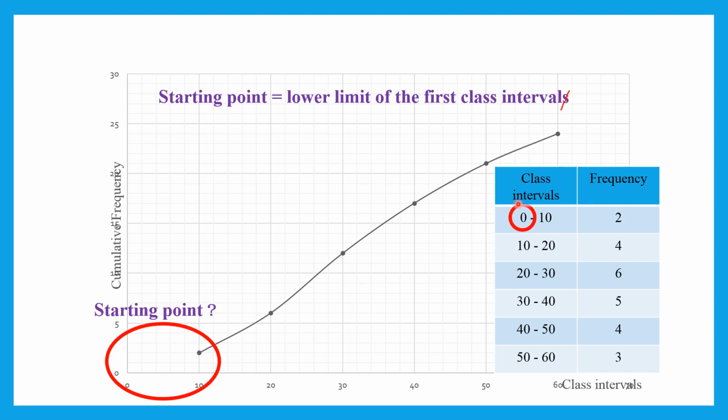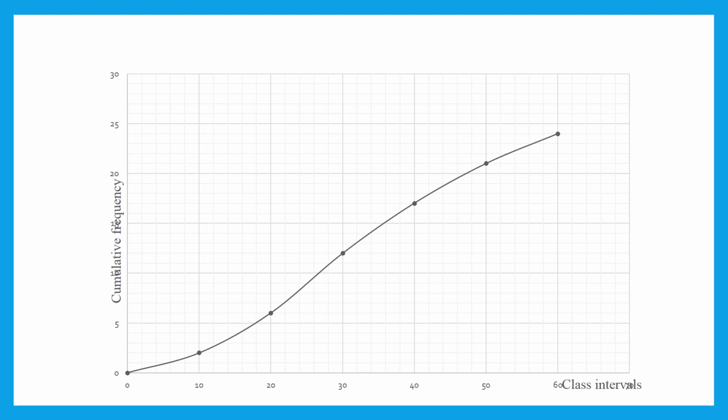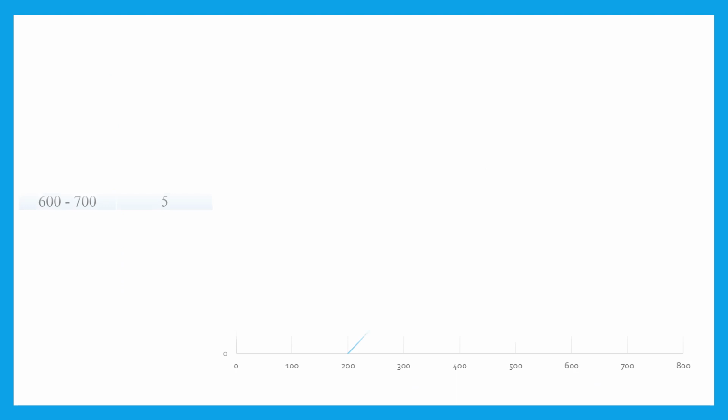So the starting point should be 0. Then you have to join this line up to this point. Then starting point is 0. Now this is the completed cumulative frequency curve. Now you can see I have joined this point up to this point. Okay, and now next thing,